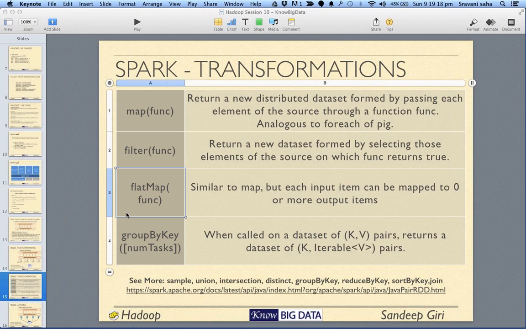The map function of our map reduce generated any number of keys of our choice. So flat map is very close to what we talk about when we talk about normal map reduce.